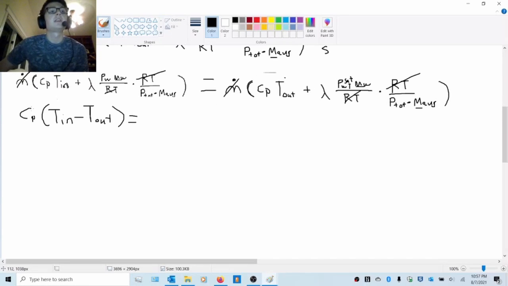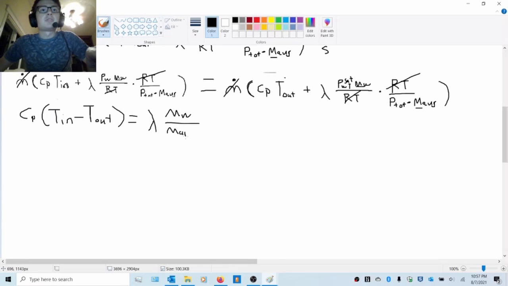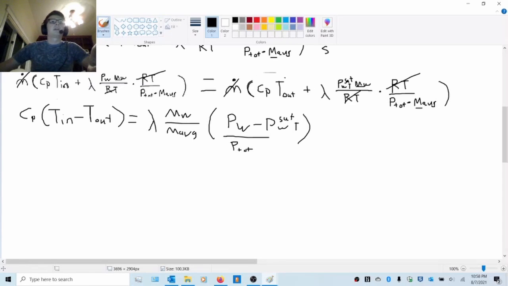So the difference in temperature times the specific heat capacity is going to be equivalent to this lambda. And lambda is the heat of vaporization, the enthalpy of vaporization, rather. And then I'm going to pull out the molecular weight of water and the average molecular weight. And I'm going to combine the like terms so that we have the partial pressure of water over the P total. And that's going to be the partial pressure of water minus the saturation pressure of water at a specific temperature. So we can bring this P total over, and I'm just going to copy paste that,